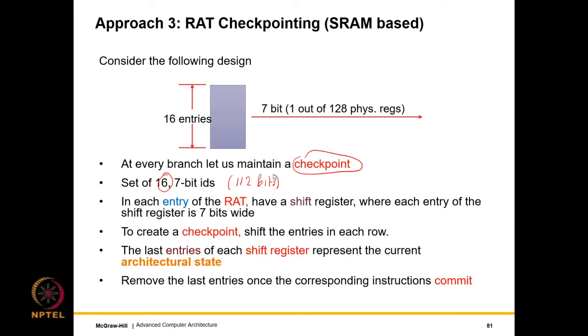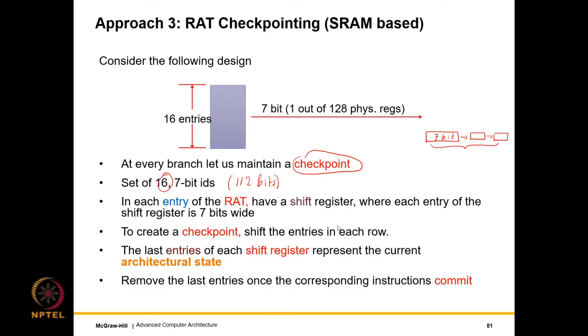So what we can do is architect the rename table differently. In the rename table previously, we just had one 7-bit field along with the available entry, of course, so I'm not discussing that. We just had pretty much one 7-bit field to record the physical register ID. So what we can have is a circular shift register, where instead of one field we can think of this as a linked list, right?